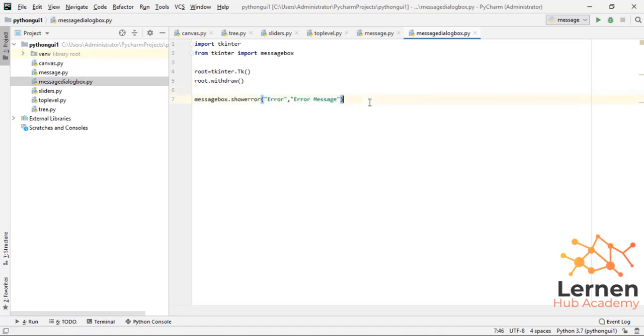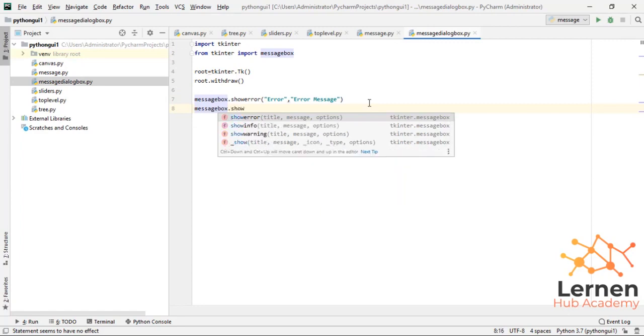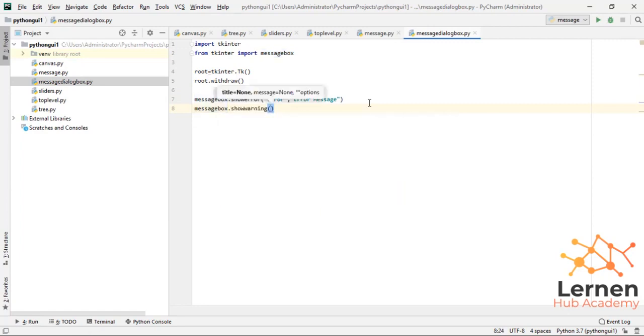Now I write messagebox.showwarning, and the warning here, I write "warning." It prints a warning, meaning a red sign, and inside the red sign there is a minus sign. So that is simply like a warning sign. So here I print the warning message,